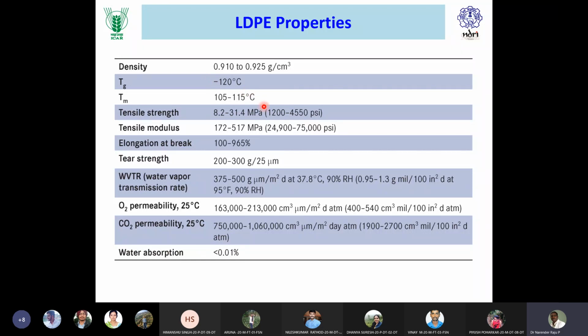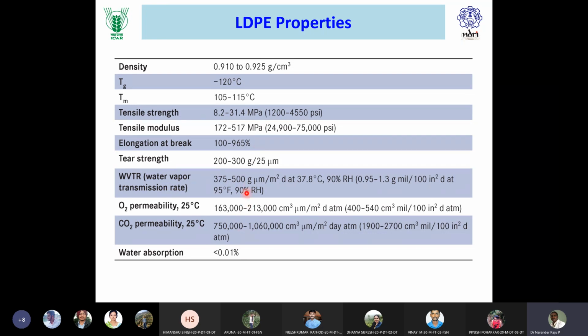Now the melting point, the tensile strength, the elongation at break, you see, elongation at break is nearly 100 to 1000%. Because of this particular ability, LDPE is used in stretch packaging or cling wrapping. In transportation or in airports and railway stations, you might have seen that a plastic material is used to unitize your luggages or baggages, right? By stretching the plastic film, and that is nothing but either PVC or LDPE.